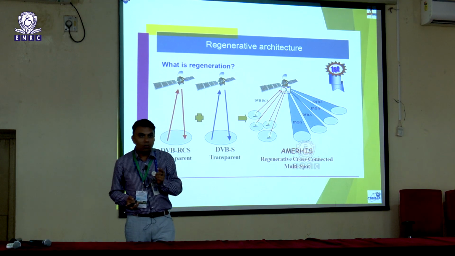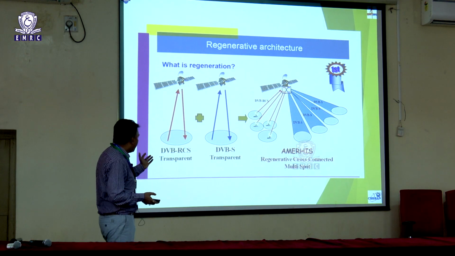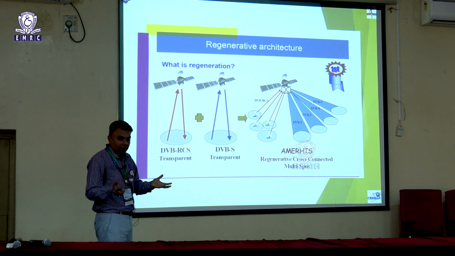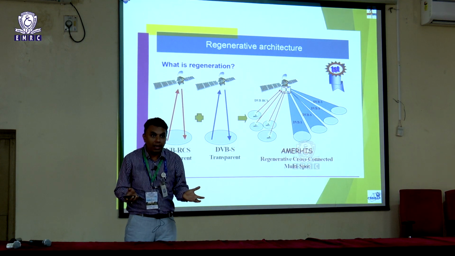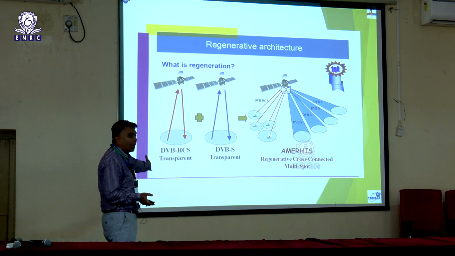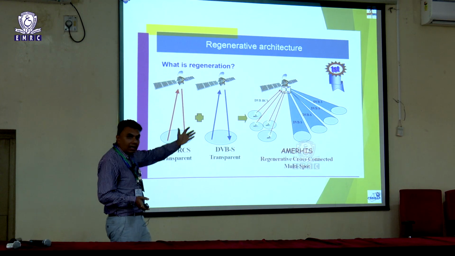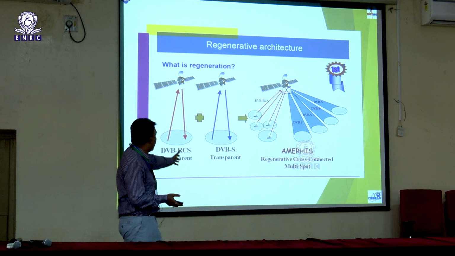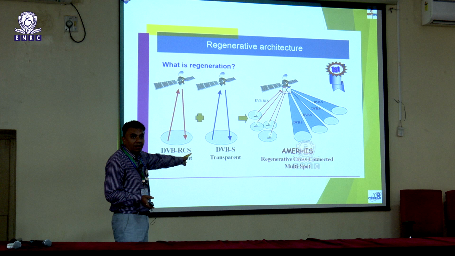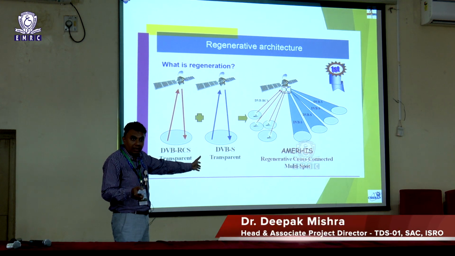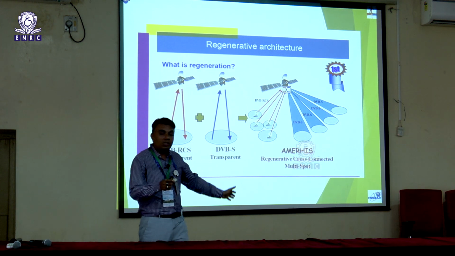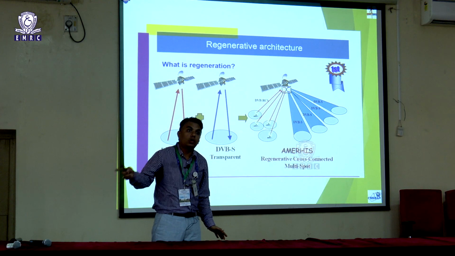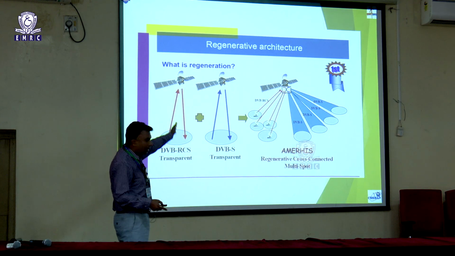What it means is that the uplink is from, like Tata Sky, they have their own hub. They uplink their programs through the RCS channel, through the satellite, and the downlink to the users is in the S domain. So the first standard is called DVB-S, but nowadays in India it's DVB-S2, Digital Video Broadcasting Standard 2. So this is basically the downlink.